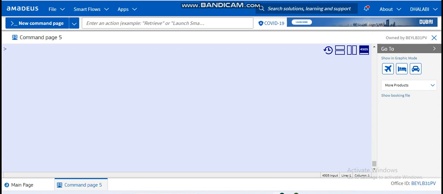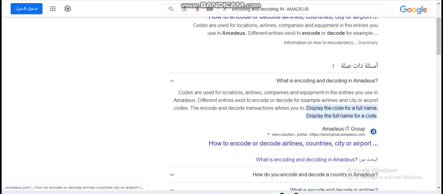Today we will learn how to encode and decode specific things in Amadeus Selling Platform Connect. Let's first introduce you to the encoding and the decoding in Amadeus. So what is encoding? Codes are used for locations, airlines, companies, equipment in the entries you use in Amadeus. Different entries exist to encode or decode, for example, airlines, city, airport codes. The encode and decode transactions allow you to either display the code for a full name or display the full